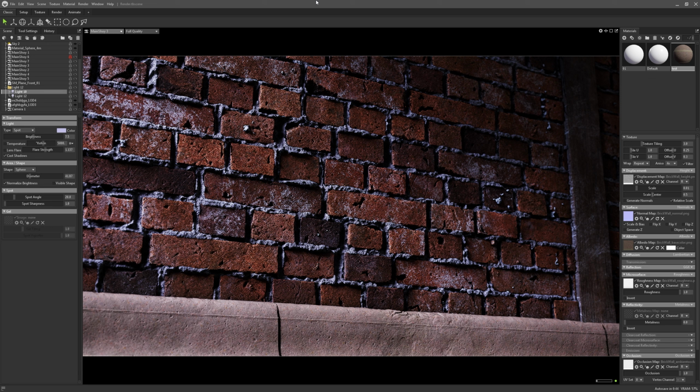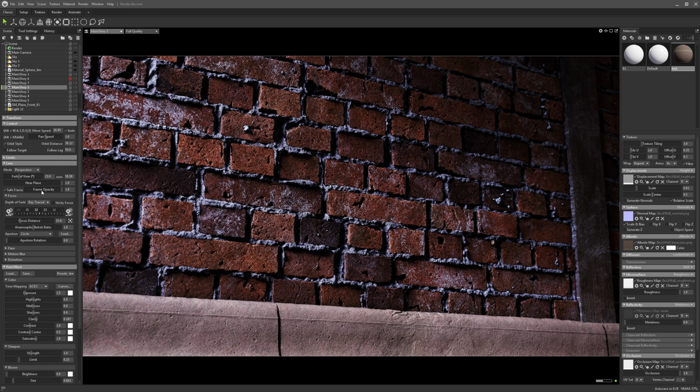So I need to learn how to use it in a really smart way. Now with this kind of shot, there's two things I can do that really help me improve my render. One of them is my fill light, just for these kinds of shadows, but the others are all in my camera settings. So if I come here to my camera settings,